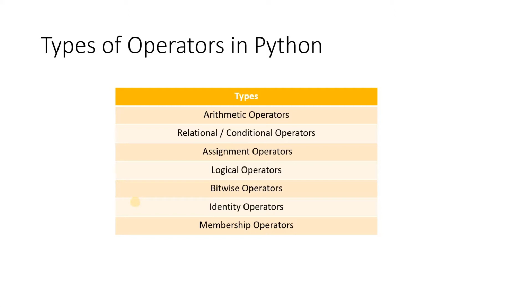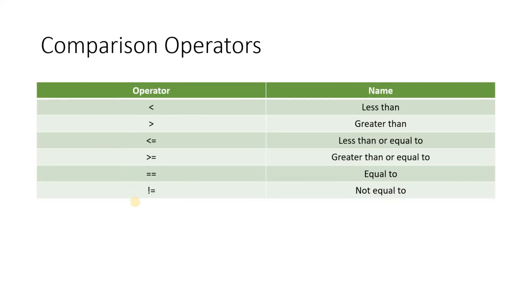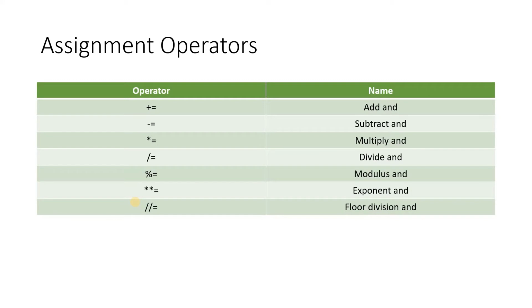In the previous video, I explained some basic types of operators in Python. The operators are listed here: the arithmetic operators, the relational operators, and the assignment operators. So these are the arithmetic operators and the comparison operators, followed by the assignment operators. In this video, we are going to see three basic programs related to arithmetic operators. Let me show you the questions and explain the input and output.